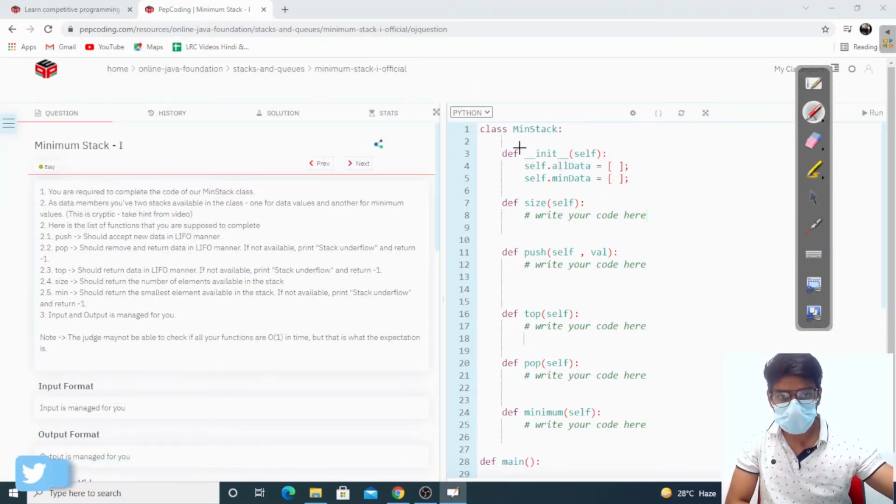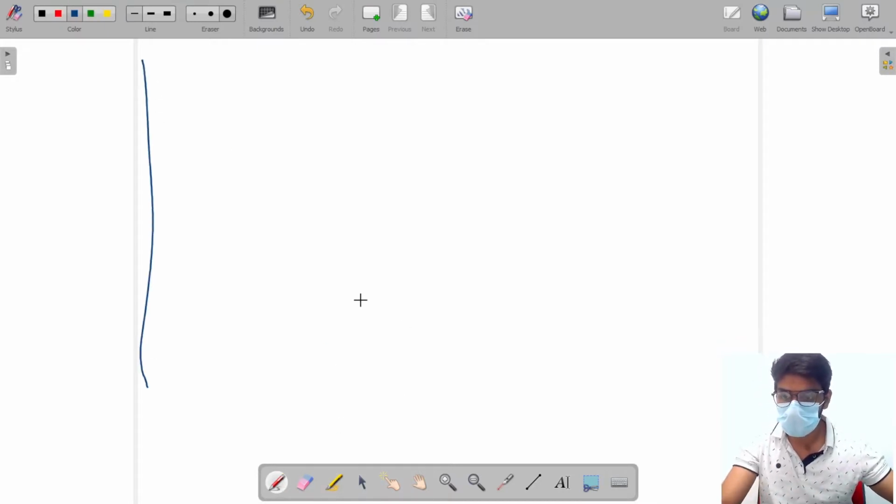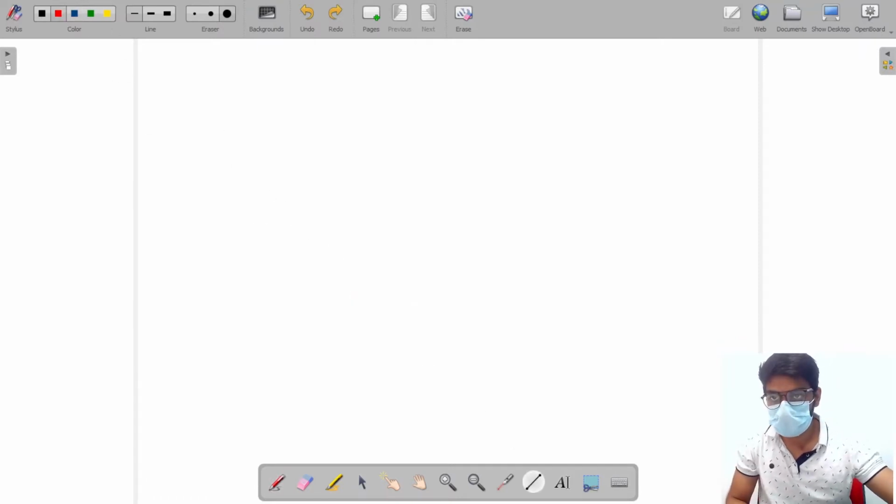In this question we have been given two stacks: all data, which is our main stack, and the second stack is min data, by which we are going to maintain our minimum value. So let me create the two stacks.